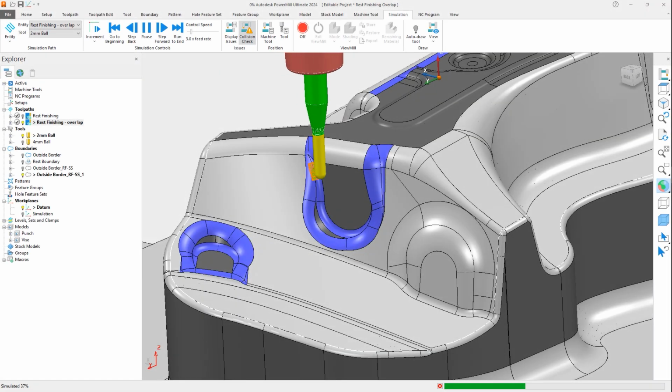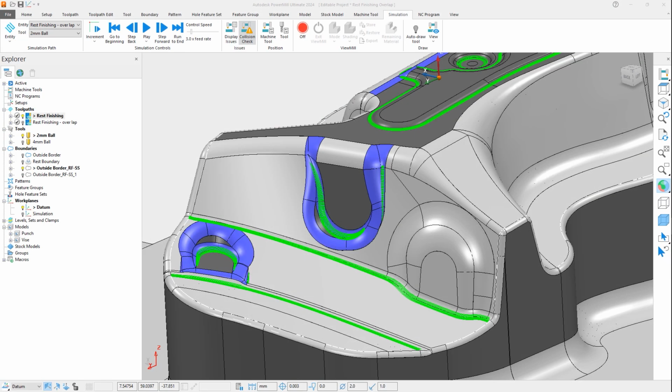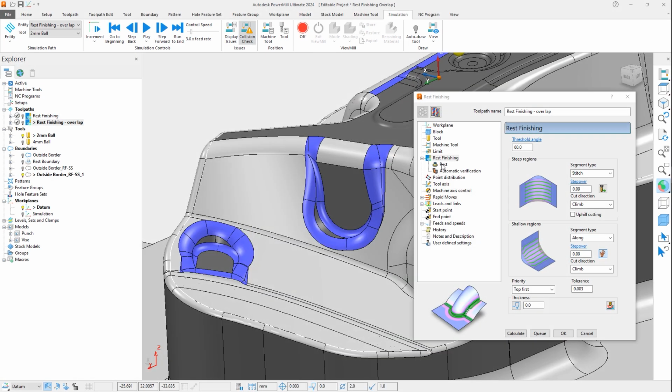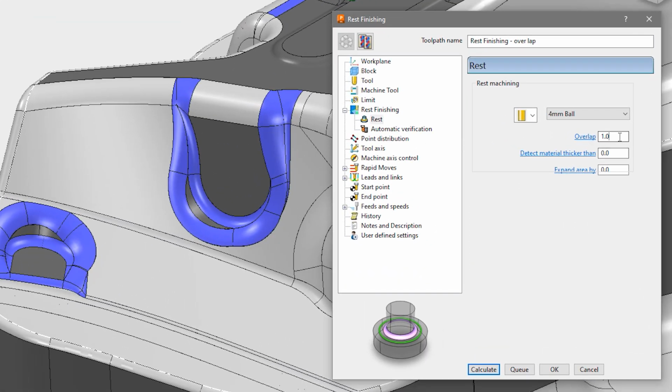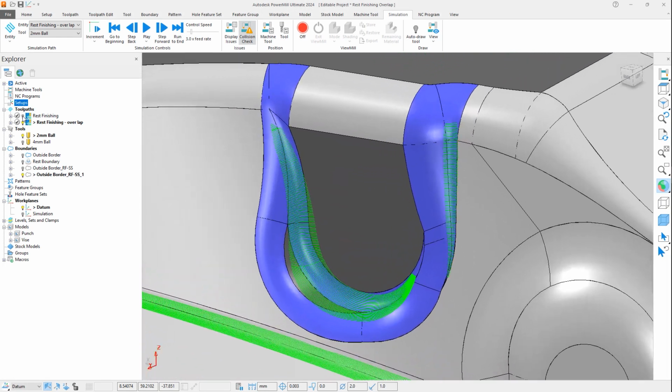The new rest finishing strategy, which was released in PowerMill 2023.1, now includes an overlap option, similar to that provided in other toolpath strategies. When activated, a user-defined value increases the size of the rest area that is detected and machined, which reduces the risk of small amounts of material being left along the edges of these areas during the